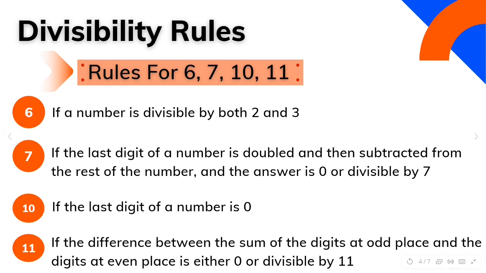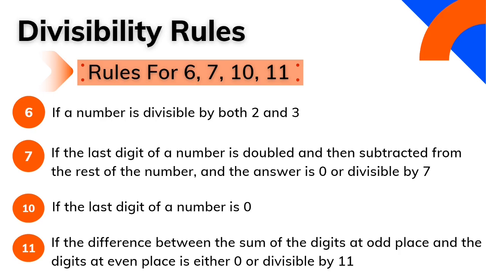Divisibility rule for 7. If the last digit of a number is doubled and then subtracted from the rest of the number and the answer is 0 or divisible by 7, then the number is divisible by 7. I am giving you an example of this, and I have made a complete video on divisibility separately, in which you will learn how to identify the number which is divisible by 7. I am giving the example of one such number. The number is